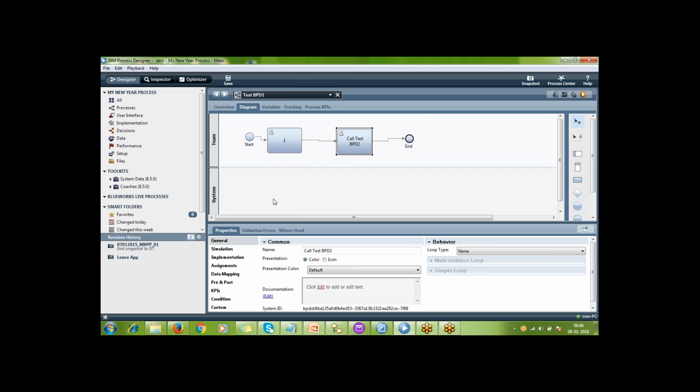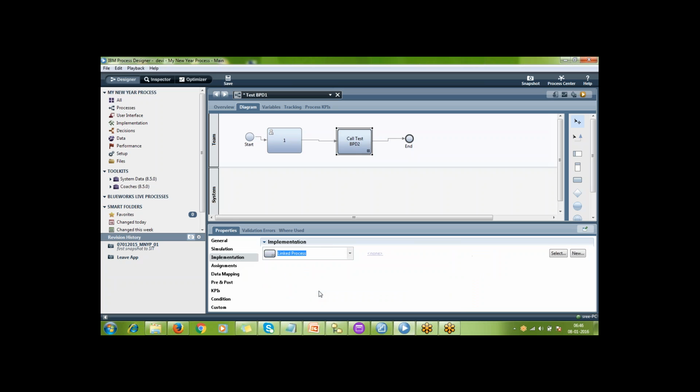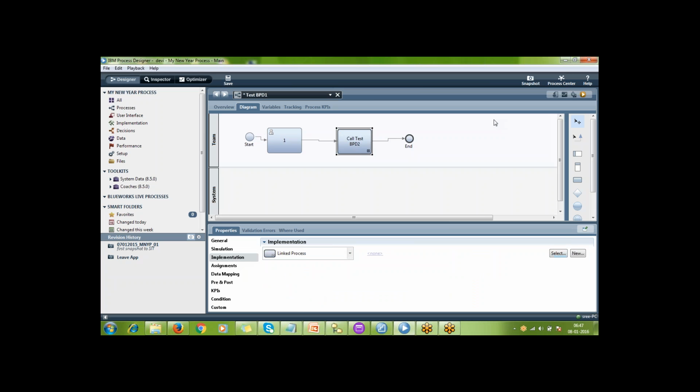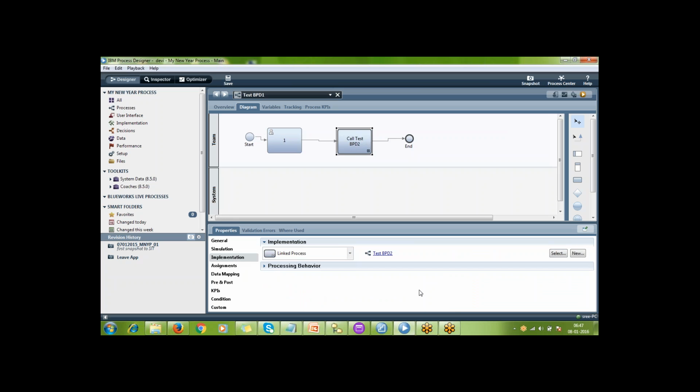I select this activity, go to the implementation, and change this to linked process. What am I linking with? I click on select and link with test BPD2. After the execution of test BPD1, I want to call test BPD2. That's why I linked test BPD2.